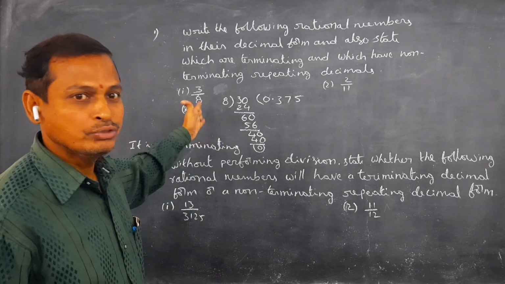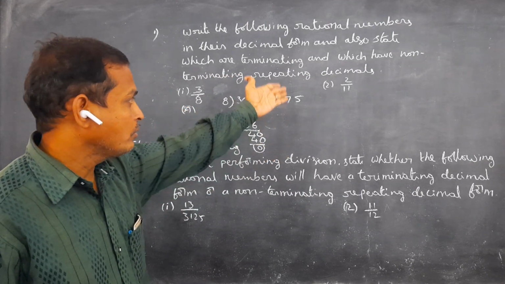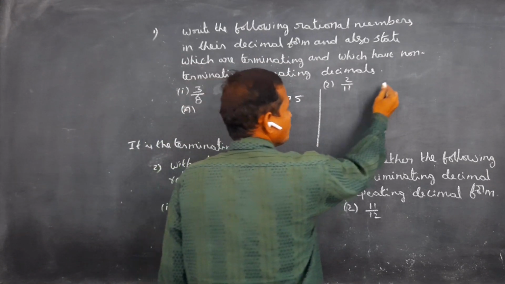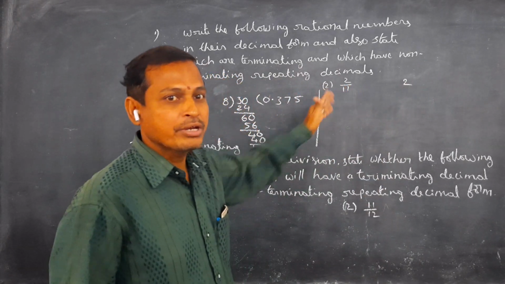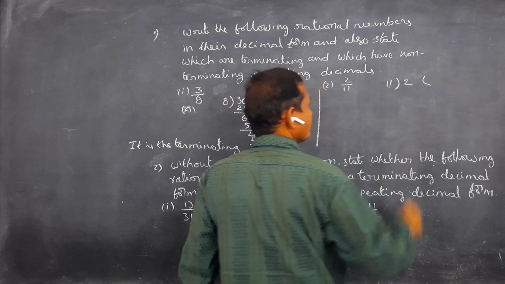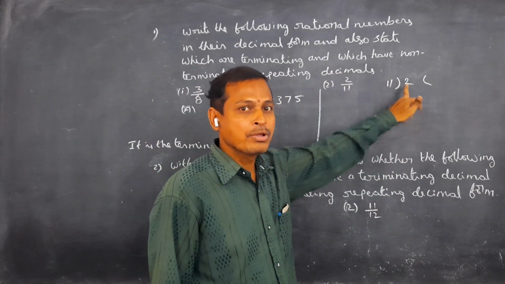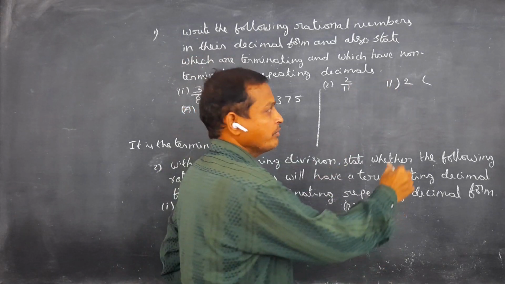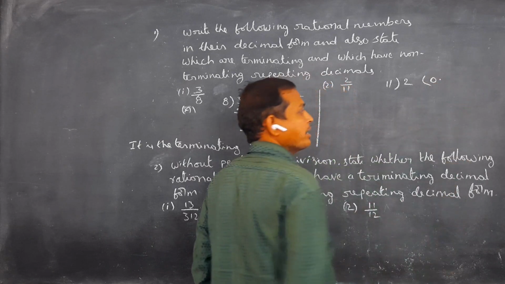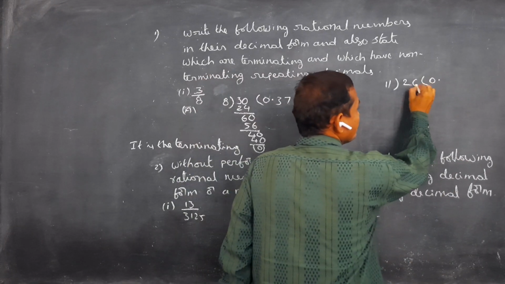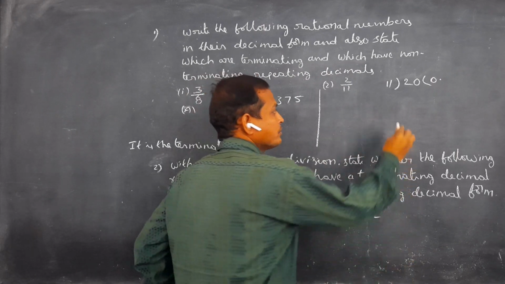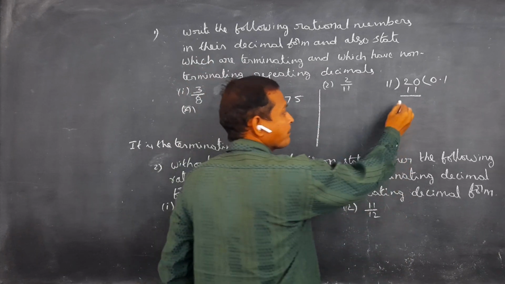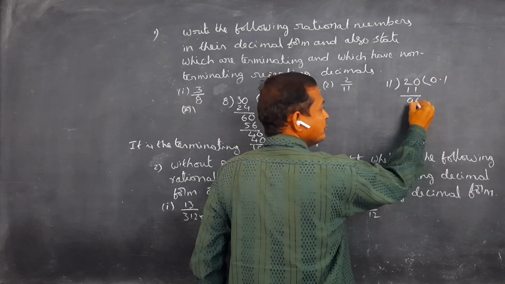Again we should do another sum, the second problem, 2 by 11. Solution: again the denominator value we write as the divisor and the numerator value as the dividend. How many times does it go? It does not divide in the given sum, so we put 0 and a decimal point. Put the value 0. 11 table, how many times? 1 time 11. What is the difference value? 9.